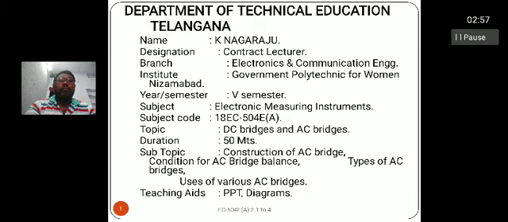If the applied source and the current passing through the circuit are in DC form, then the bridge is called a DC bridge. That means the supply or the current response in these circuits may be voltage or DC current or AC current. We classify the bridges as AC bridges as well as DC bridges.